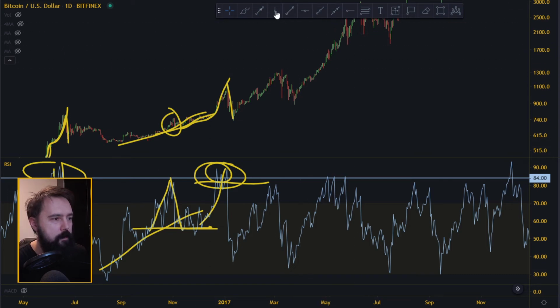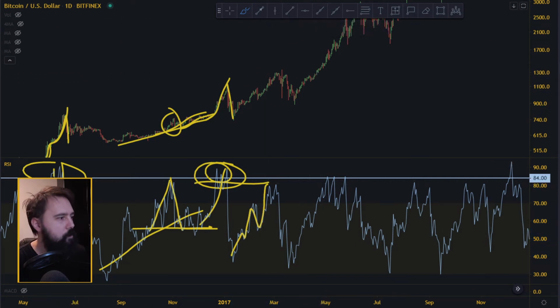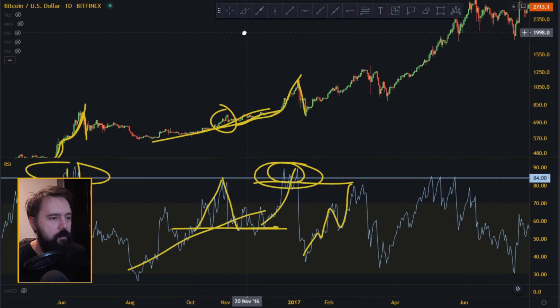Now look at this. This looks like it's a parabolic move, but it's not. It's a slow, steady rise. And what happened on the slow, steady rise? You get these corrections, even here. I don't know, is the chart too small? I mean, if you're on a mobile phone, I don't think you can see this.